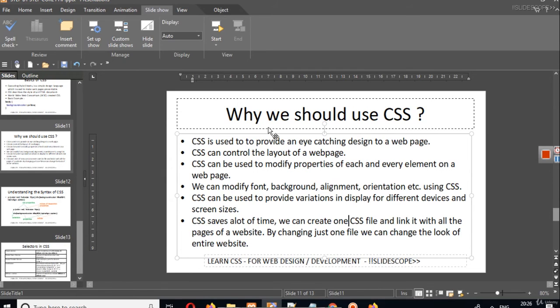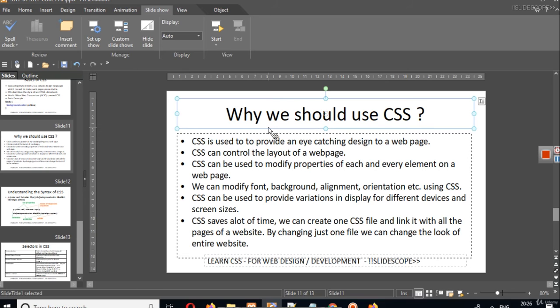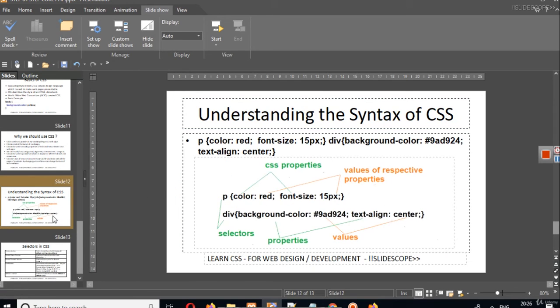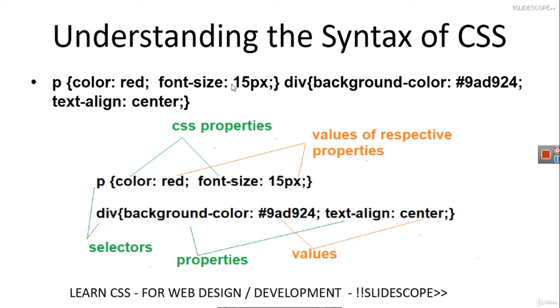You can see that we just have to create one CSS file, and that CSS file can be used on all the pages, or it can be applied on all the pages. So once again I will explain the syntax of CSS so that you can understand it.